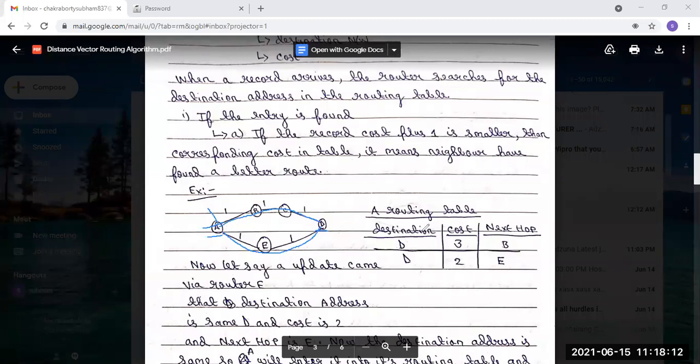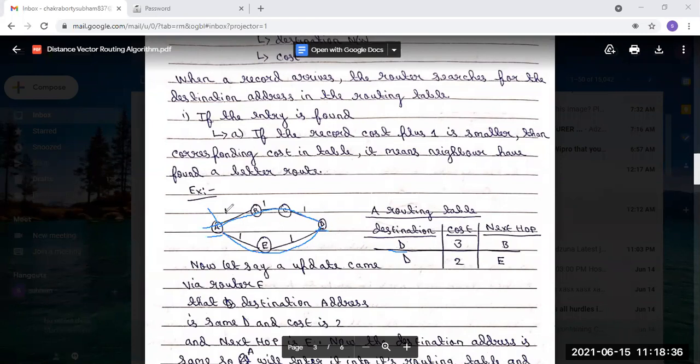So inside the routing table, this information will be present. There will be two entries. First, the destination address is D, because our destination is D. And what is the cost?